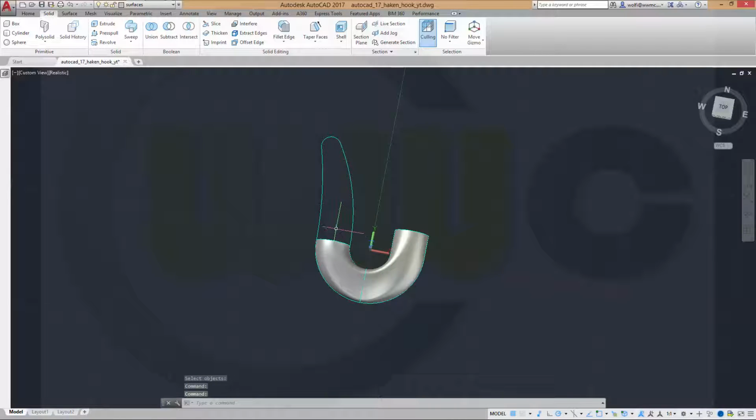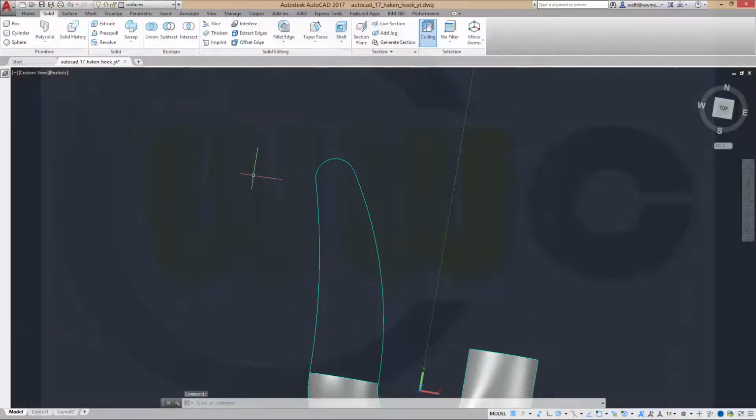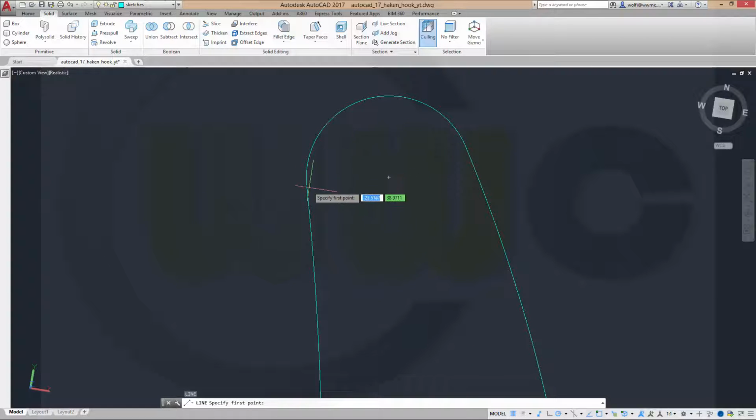Okay, now I need, that's okay, that's one guide, yes, that's another guide. I need a circle over here, therefore I will make a line here. Go for a line, so change to the sketches layer. I need a line from this endpoint to that endpoint. Okay,